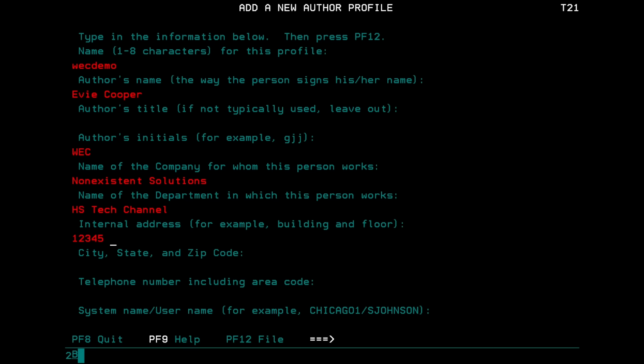Internal address, 12345, room 67. State, actually I guess city, nowhere, Neverland. Zip code, telephone number,